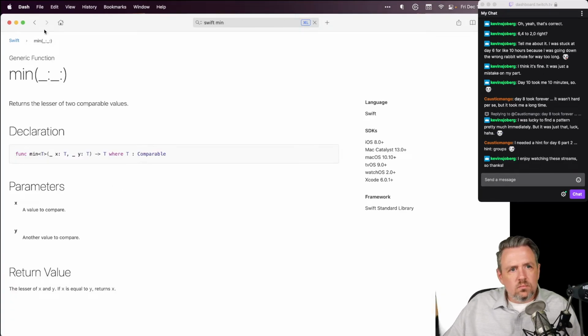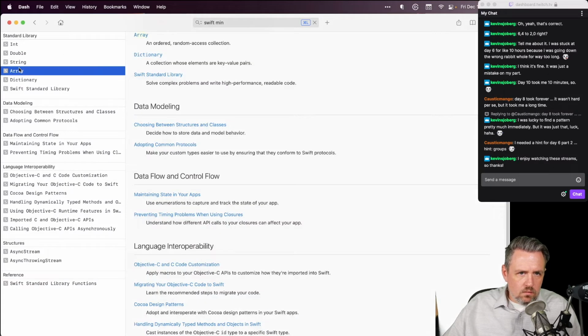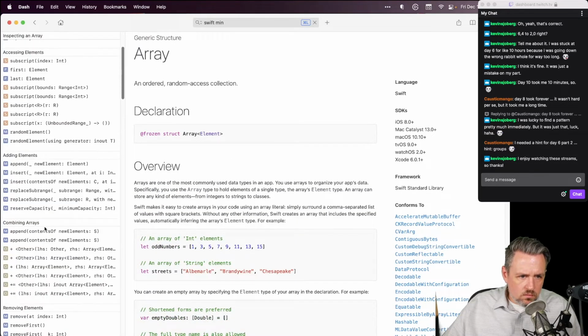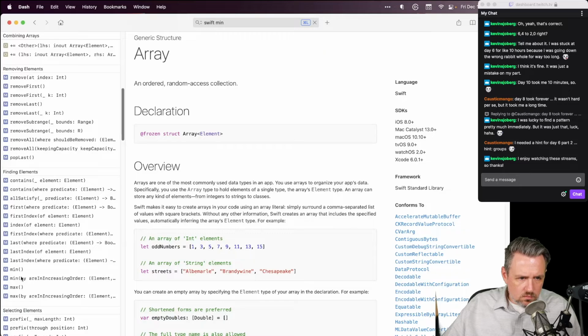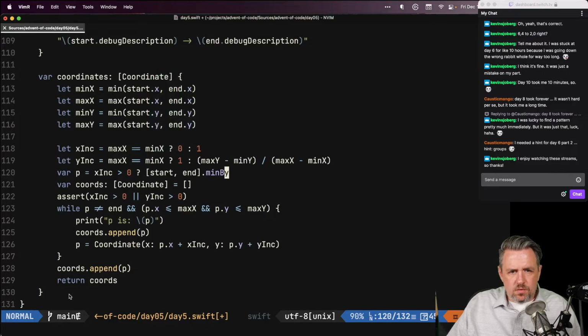No. Let me look at array. Min by. Yeah. Are in increasing order. So we return true if they're in increasing order. Otherwise, return true if you need to swap them, basically. Okay, so min by, and that's going to give me,